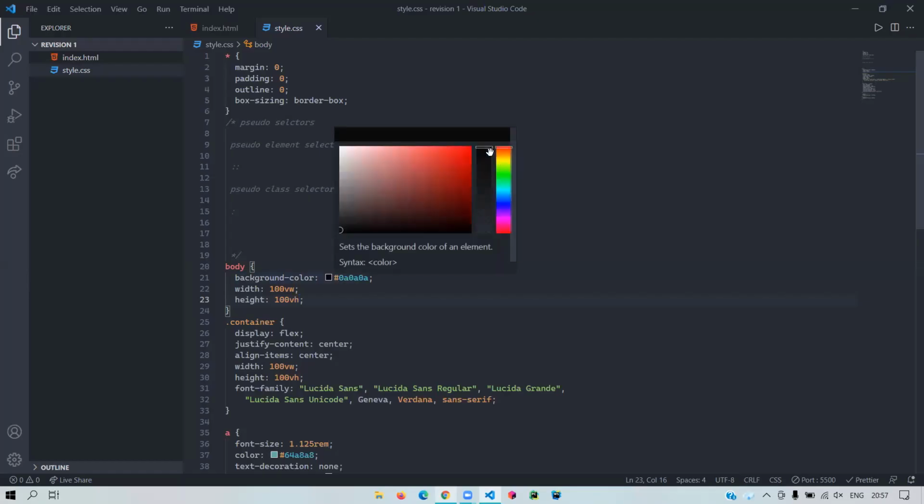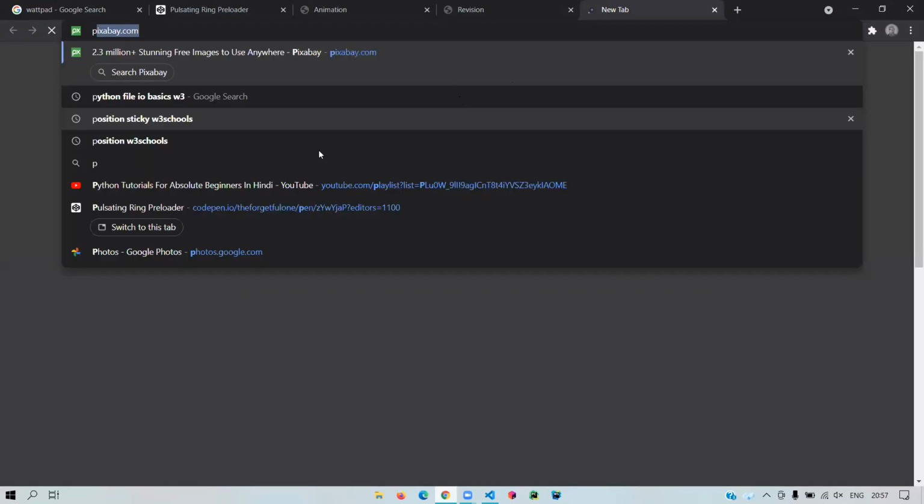Let's say I want an image in the background, and I also want a filter, right? So I'll just make this a little transparent. Now, how do I do that? Let's go to Pixabay. Let's get an image.